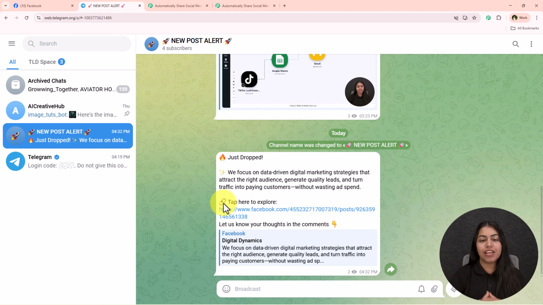Telegram channel, and what I want is that every time I post something new on my social media platform, a notification should be sent on this Telegram channel for the same. Alright, so for that I've already created this automation, and first I'm just going to show you how this automation